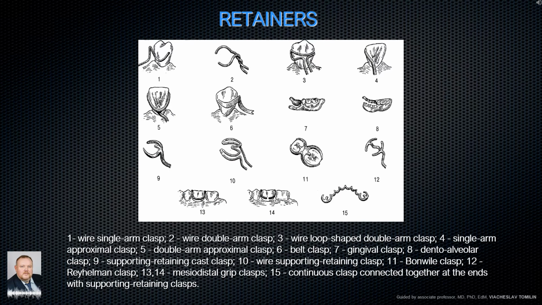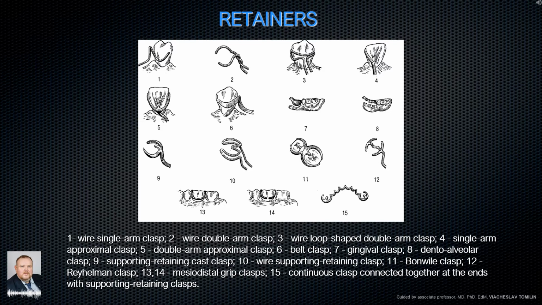Retainers. In partial removable laminar acrylic dentures, round wire-bent retaining clasps are most widely used. Different types of retaining and supporting retaining clasps are shown in this picture. 1, wire single arm clasp, 2, wire double arm clasp,